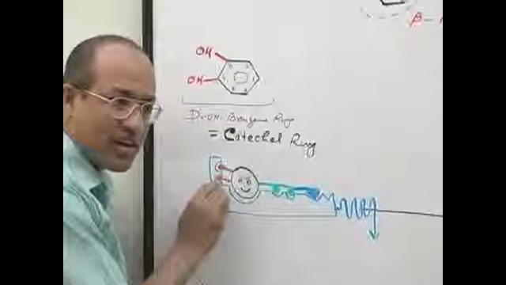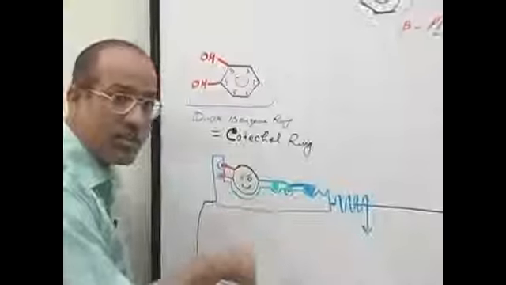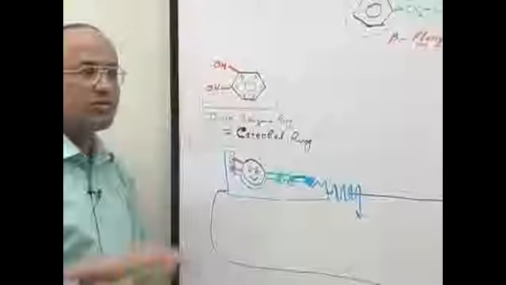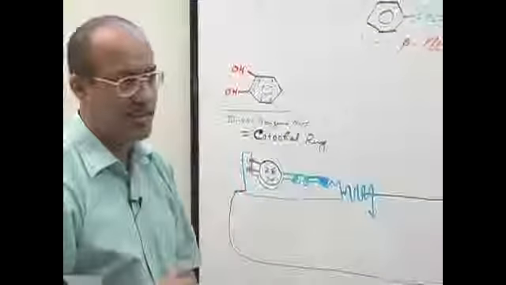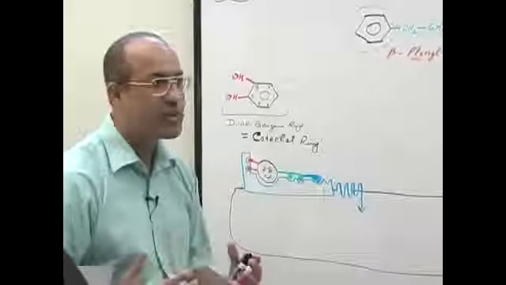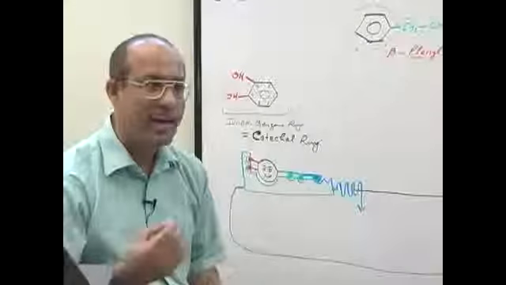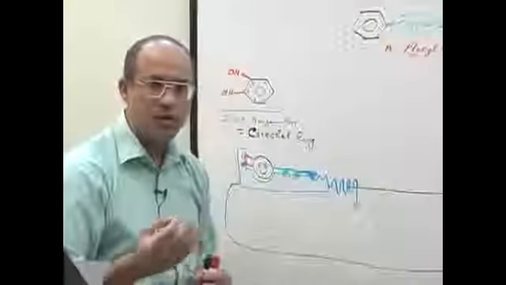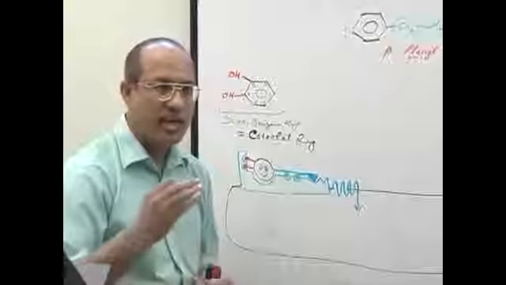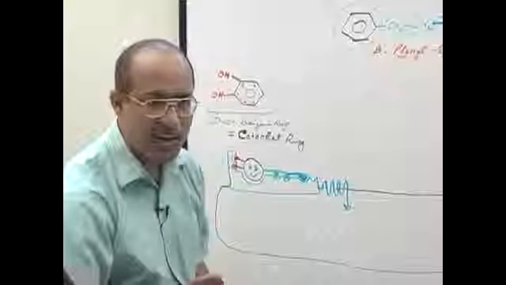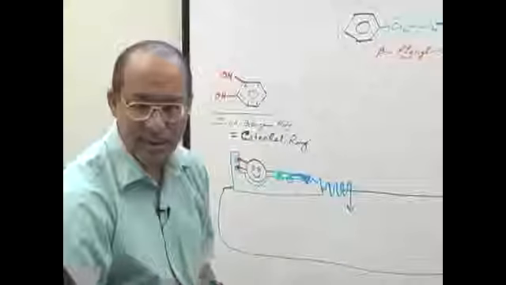So action of the drug on the receptor will be increasing, and such sympathomimetic drugs which bind directly with the receptors, adrenergic receptors, and stimulate the adrenergic receptors, such sympathomimetic drugs are called direct acting sympathomimetic drugs. Those sympathomimetic drugs which directly stimulate the adrenergic receptors, they are called direct acting